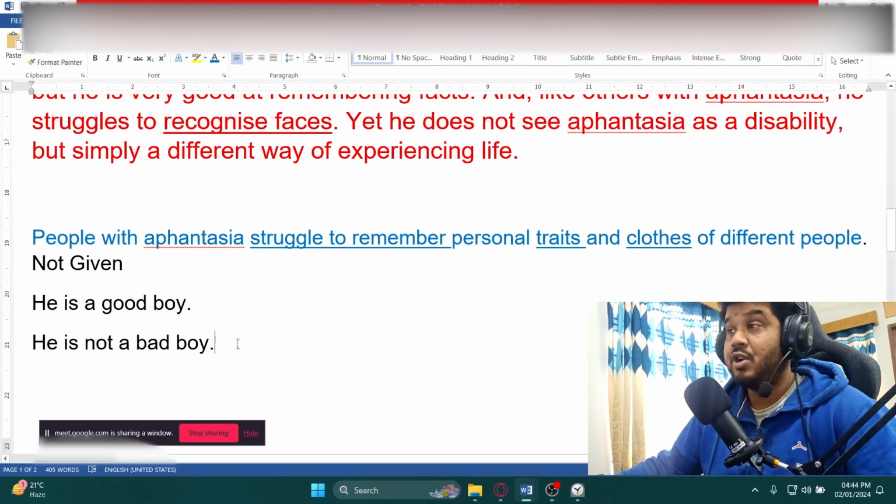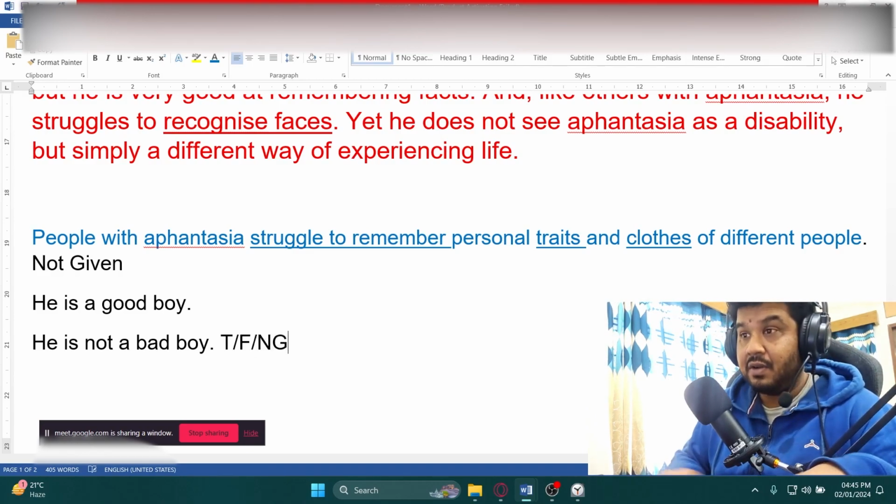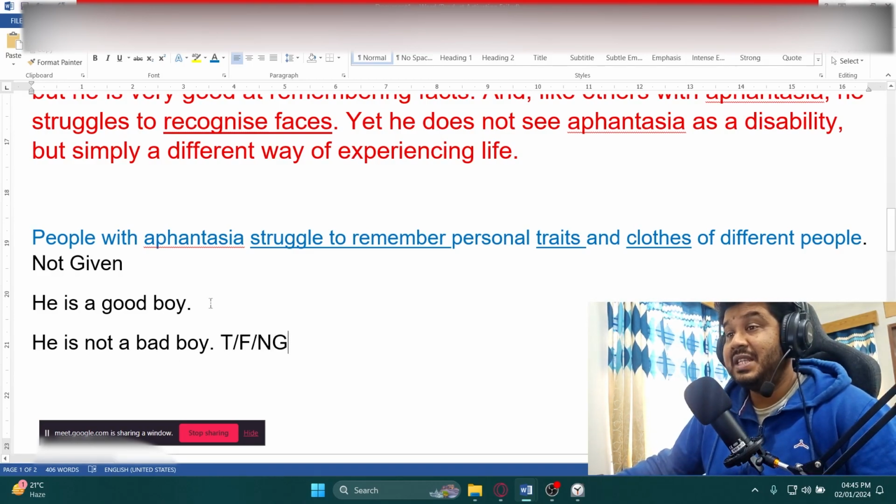So contexter উপর ডিপেন্ড করবে অনেক কিছু। কারণ দেখা যাচ্ছে সে গুড বয়কে এস্টাবলিশ করার জন্য আরও আগে বা পিছে কিছু একটা দেওয়া আছে। তো এটা একটু যদিও মুশকিল হবে। হাউএভার, যদি আমি এখানে সরাসরি দেখি যে হি ইজ নট আ ব্যাড বয়, তাহলে আমি এখানে ট্রু দিতে পারি, রাইট? আই ক্যান সে ইট ইজ ট্রু। হাউএভার, টেক্সটের ওপর ডিপেন্ড করে এটা ফলসও হইতে পারে, আবার এটা নট গিভেনও হইতে পারে। বাট ইট উইল এক্সপ্লিসিটলি ডিপেন্ড যে এই সেন্টেন্সটার আগে কি আছে আর পরে কি আছে।